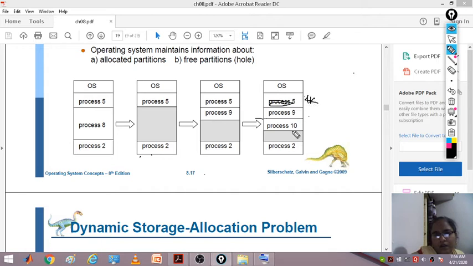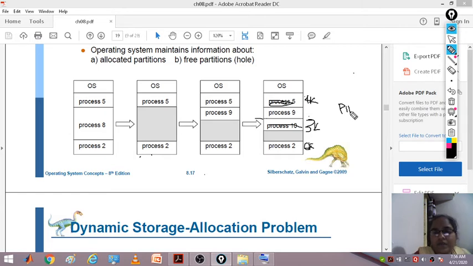This process has finished and left 3k. And here this process has finished and left 6k free. Suppose a new process P11 has come.